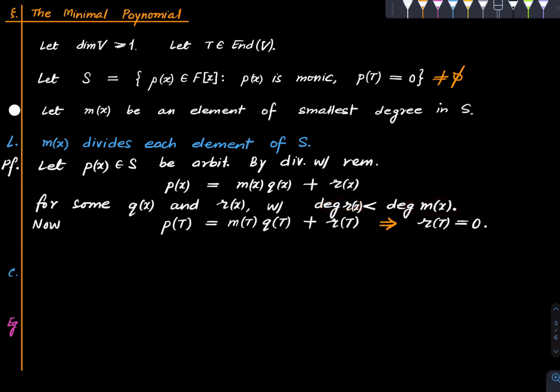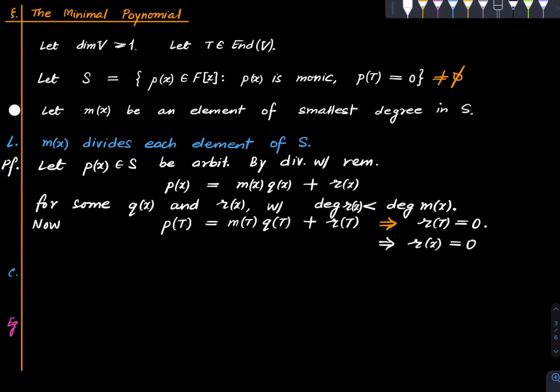So once again, if R(x) were a non-zero polynomial, then we would have a polynomial of degree smaller than M(x), which is non-zero and satisfied by T. And hence we can forcefully construct a monic polynomial with the same degree as that of R, and hence degree strictly smaller than that of M(x), such that it is monic and satisfied by T, and hence a contradiction, because M(x) was a polynomial of smallest possible degree which is monic and satisfied by T. So this kind of reasoning we have done multiple times. The conclusion is that R(x) must be 0,